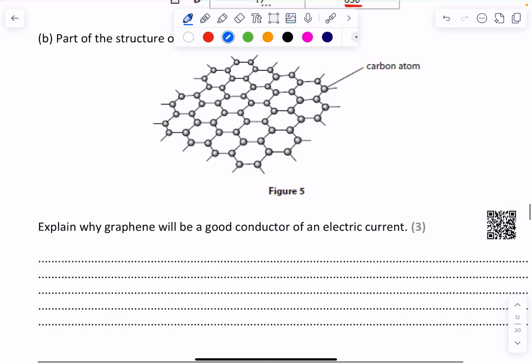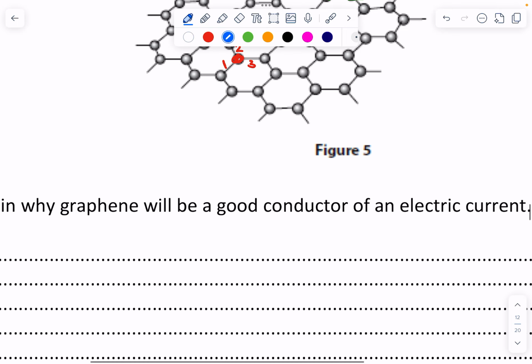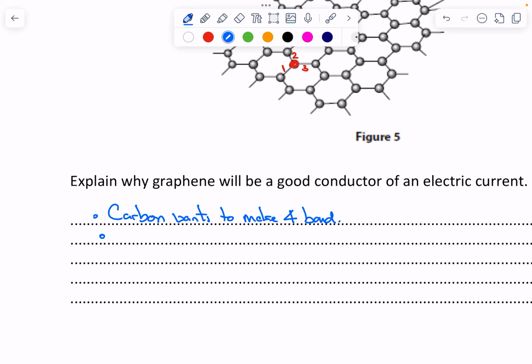Okay, here we've got to explain why graphene is a good conductor. Let's remind ourselves, in graphene, I'm going to pick on one of these carbon atoms here. This is forming 1, 2, 3 bonds. Carbon would normally want to make 4, so let's write these points down. Okay, so carbon wants to make 4 bonds. In this structure here, in graphene,